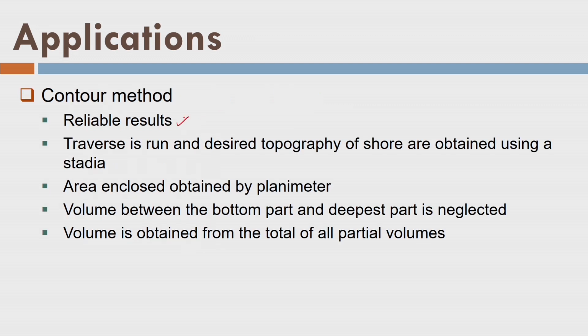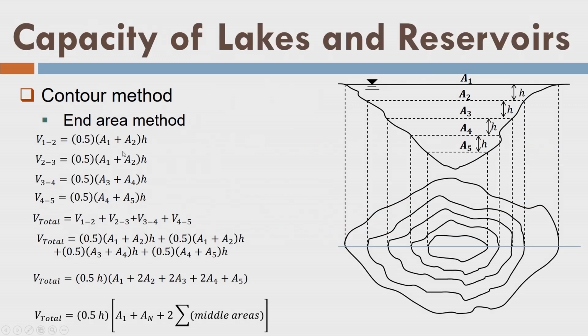The contour method gives reliable results. So that is the end area method. We take some map here and now we draw a section here which is required to measure the flow or maybe velocity of the water. We develop a section by projecting these lines and we get this section as shown by this line. This complete section is there. We will divide this whole section into equal intervals of the contours, let us say h, h and so on.